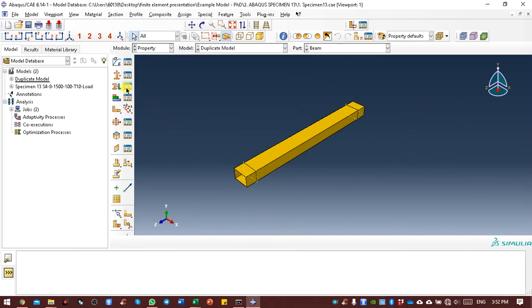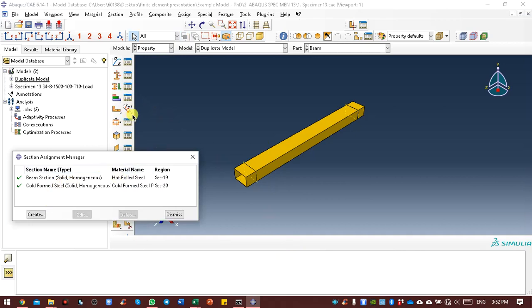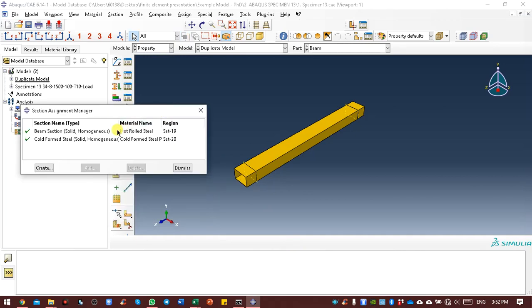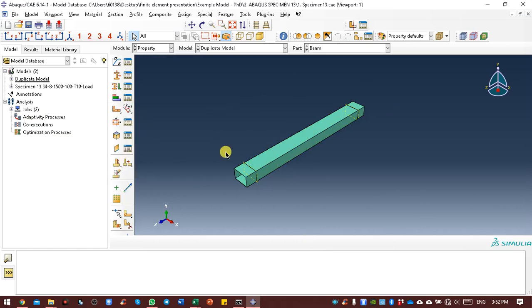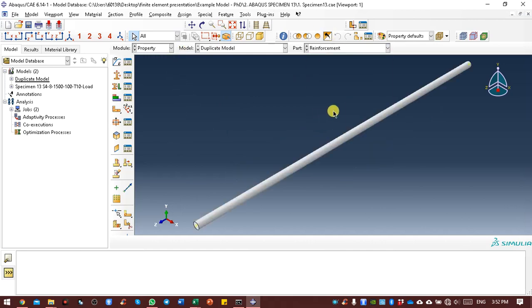So basically, you can see here, if the beam has two material properties. In our study, there is only one material property in one component, so it should be only one material property. So that is for the material properties. Very easy. After you are done, for example, the reinforcement has no properties inside this component.